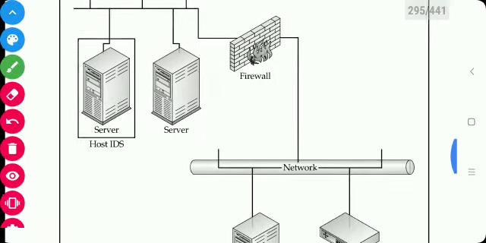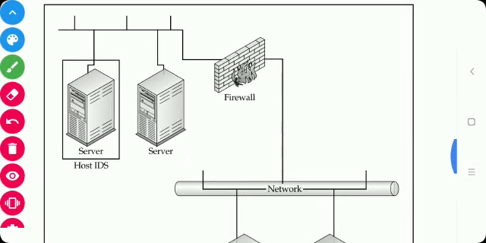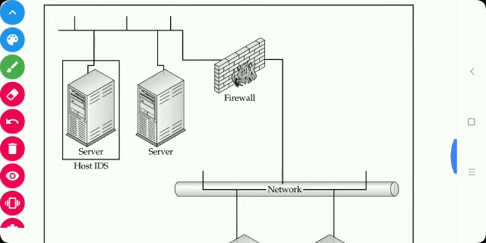But HIDS also has some disadvantages. The process may be identified and disabled by an attacker. The attacker simply disables the HIDS process. The HIDS system can only alarm if the log entries or system calls match pre-configured rules or signatures. And certain HIDS systems may impact the support and maintenance agreements of the operating system. So these are the disadvantages of the host based IDS.